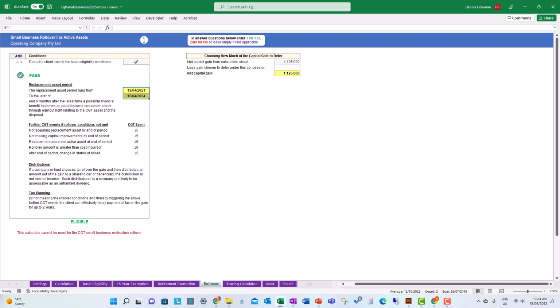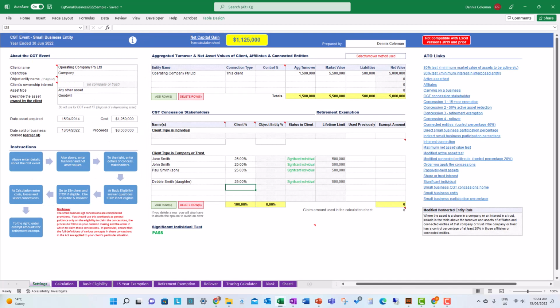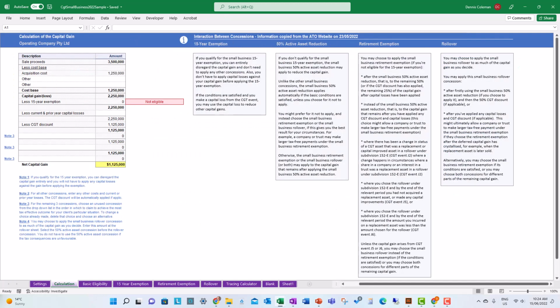So going back to the settings sheet, we can see the net capital gain at the top of the sheet of $1.125 million, and we've decided in the calculation sheet to claim the retirement exemption. Now you can see a green warning there, where you have to claim or show a claim amount in the settings sheet for that to be transferred across to the calculation sheet. So going to the settings sheet,